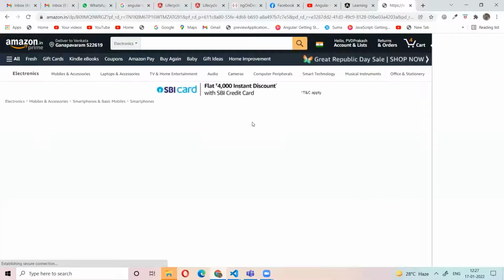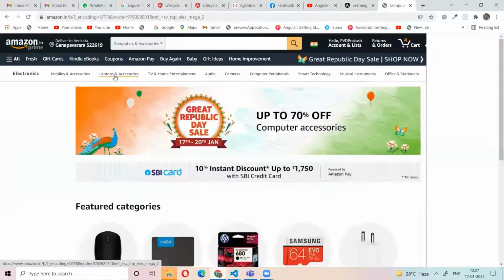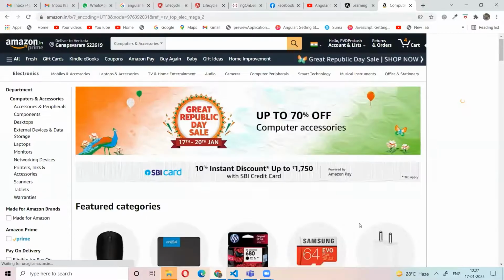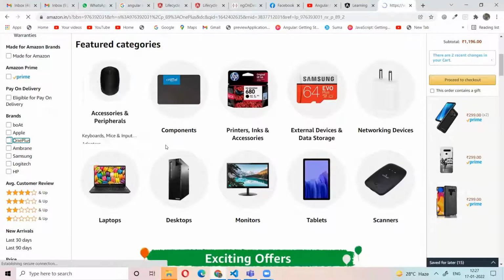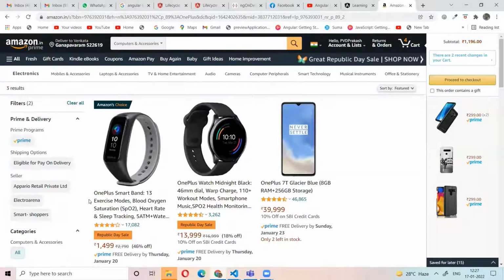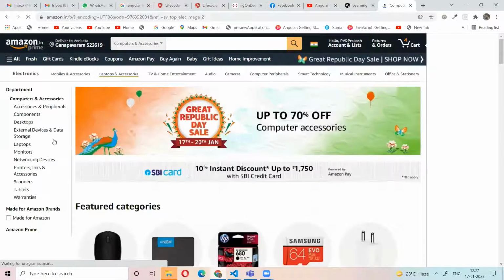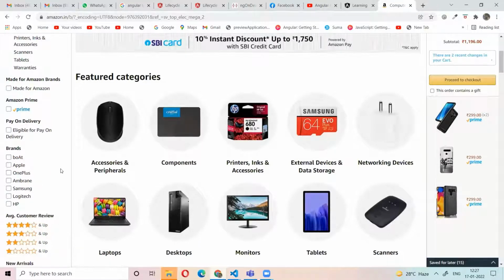I'm going to mobiles, then to laptops, and I got this data. I want to see the OnePlus ones, so I apply the filters. Now if I come back to laptops again, the OnePlus filter is gone, right? So if you come back to the original component, it must be initialized, right?